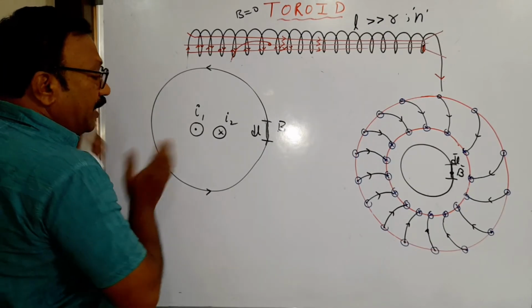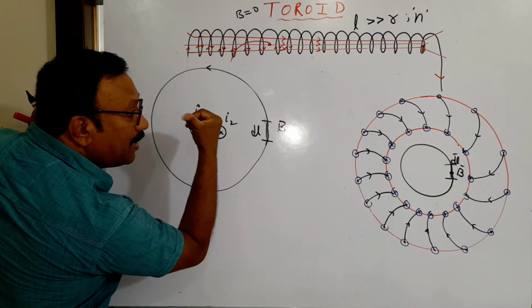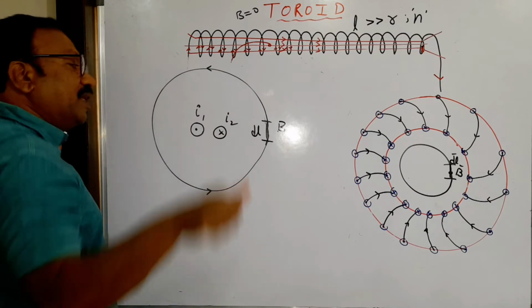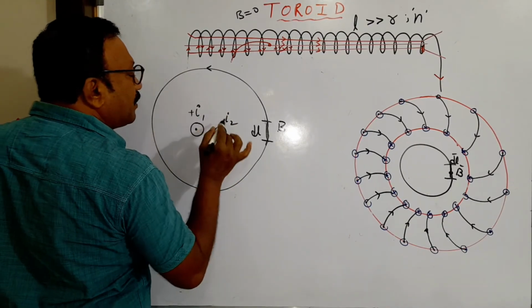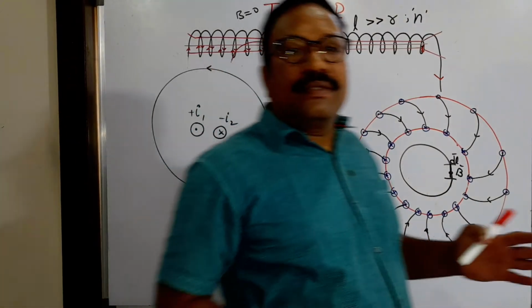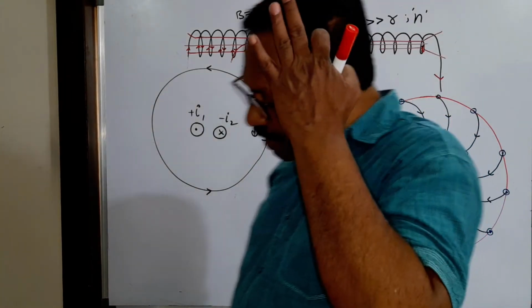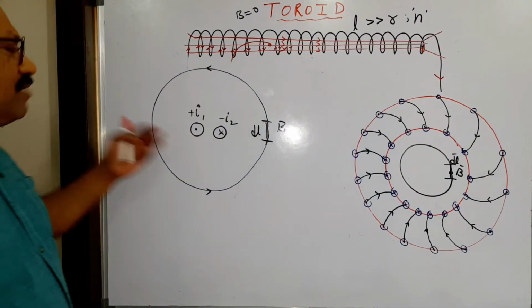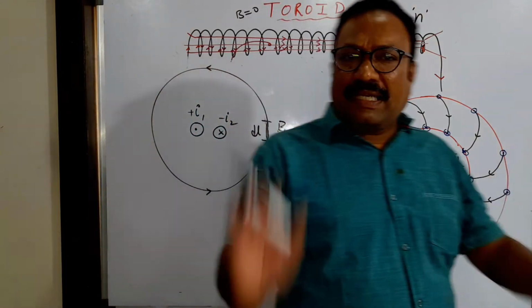Fine. Then if this is the direction of the loop that you have given, then the thumb indicates the positive current. Then the other current will become negative because it is opposite. So I will take I1 plus, I2 minus. So giving direction to the loop, you can give as you like. Any direction you will give. You give clock or anti-clock, no problem. But when you have more than one current only this possibility comes. When you have only one current, in the previous case, I directly wrote it.